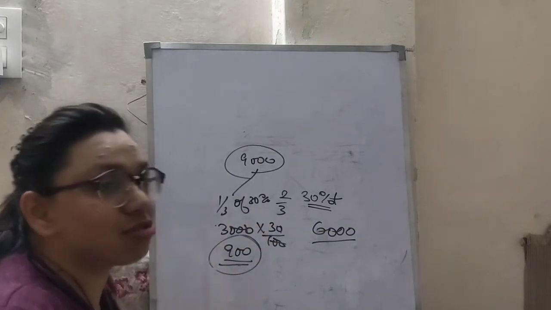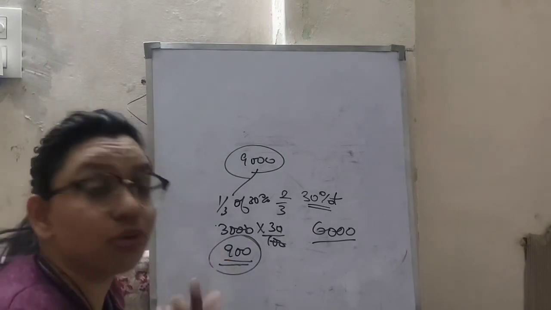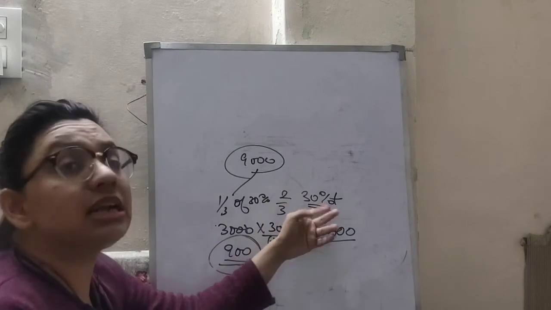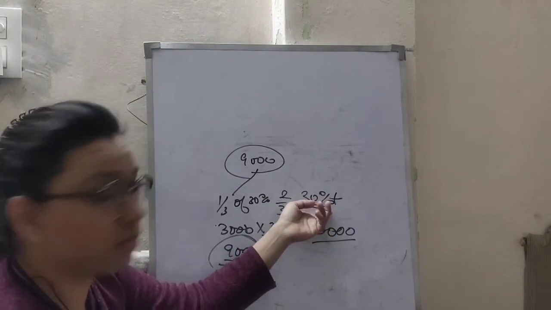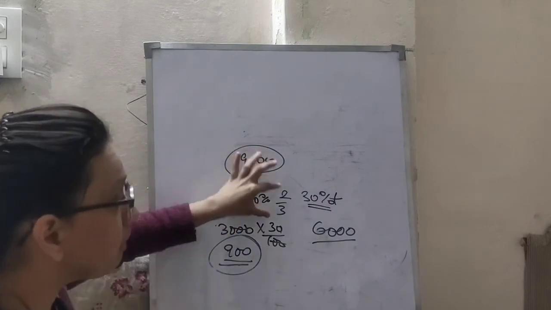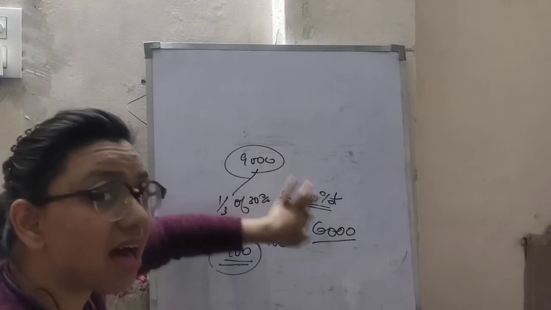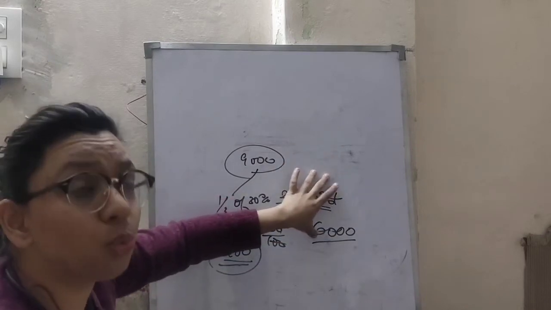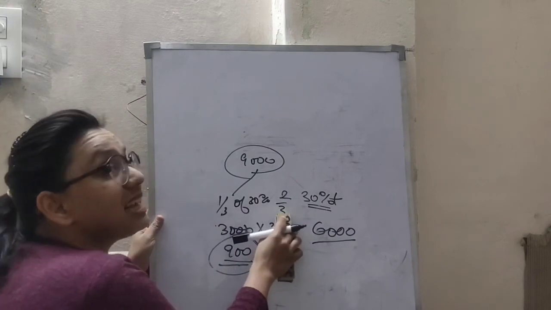Okay, so the question asks what is the profit percentage that you are required to have. It is not necessary that you will have 30% gain. Why? Because here you are having 2/3 of the part, so it's not necessary that it will be 30%. In fact, you will have a lower profit margin here because the quantity is more.